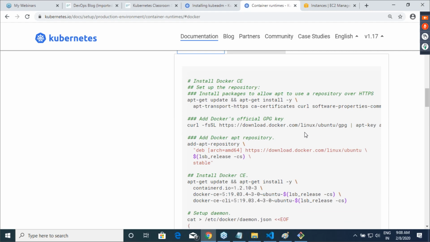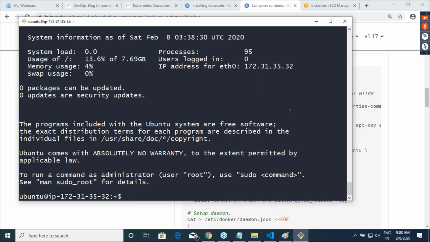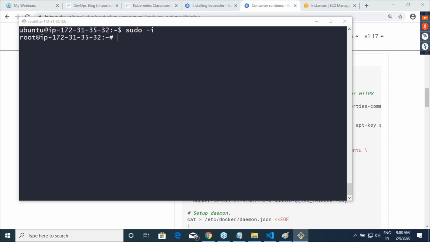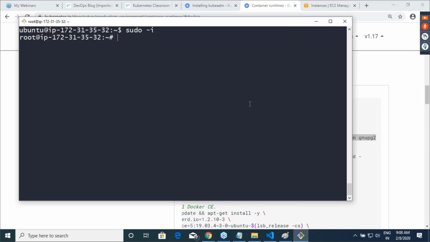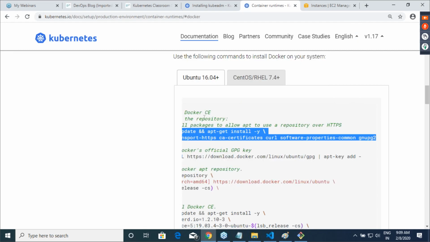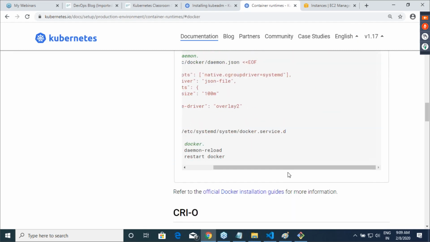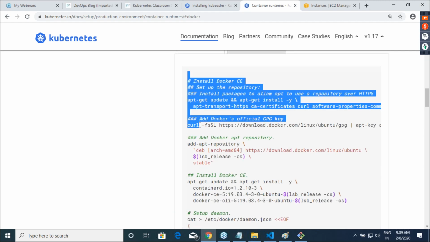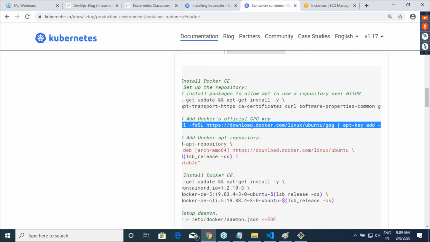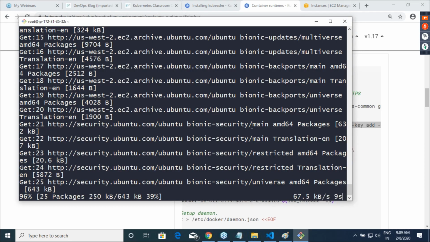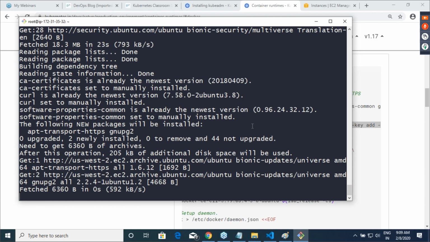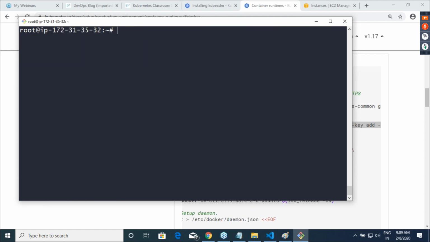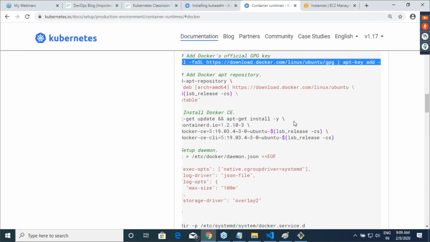On the machines you will execute that shell script, and your Docker is already installed. Sudo -i.